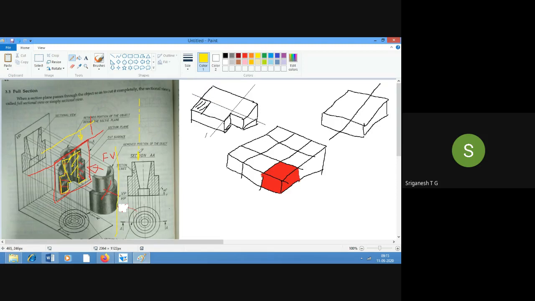So that becomes, if you just write like that, it is normal. But apart from that, there is a small difference. The ends of this axis line, not axis line, actually sectioning line, will be represented by a thick line only at the ends. So if you just look over here, only this portion is a dark, thick line at the end of it, but not in between. So the moment we represent it like this, it is a sectioning plane. Clear? Yes or no?